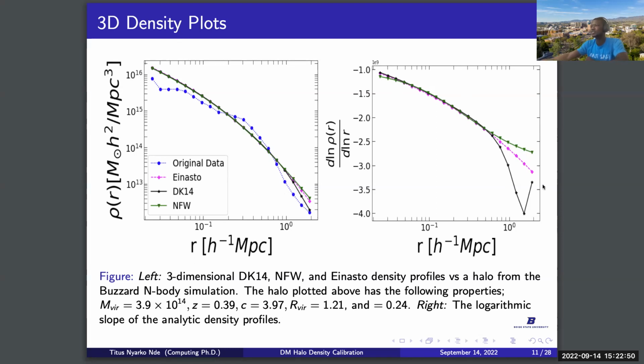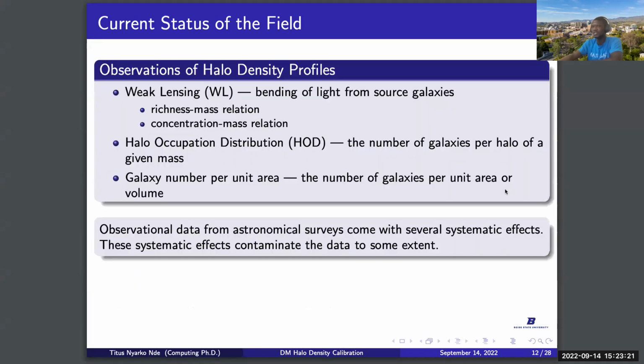And this is the slope of the 3 models. And as we can see here, this is the splashback feature. Okay, so this is a region that is separating the inner density profile from the outer density profile. And the mass distribution in this splashback feature is still poorly understood, so that it becomes difficult to calibrate. But among the 3 models, it's only DK14 that accounts for this kind of feature in our data set.